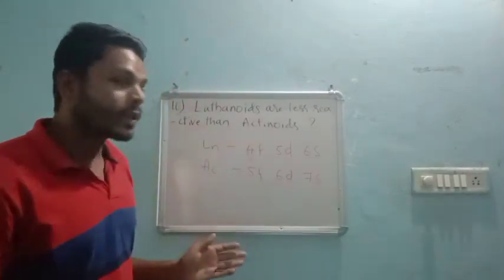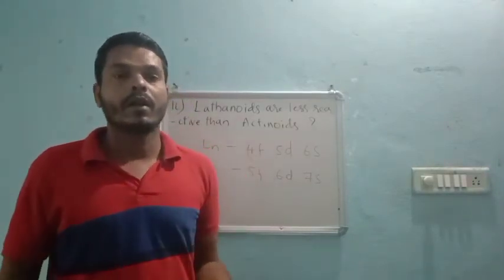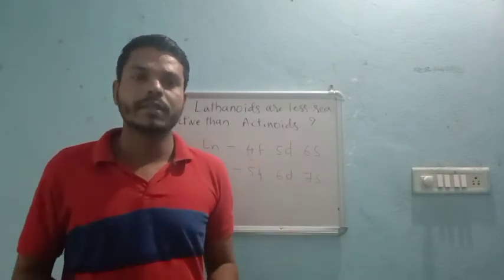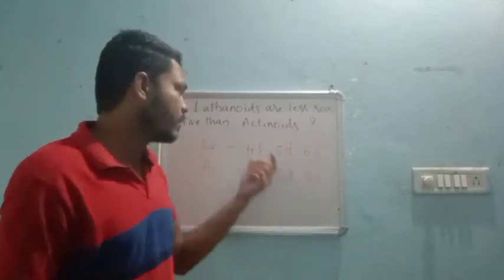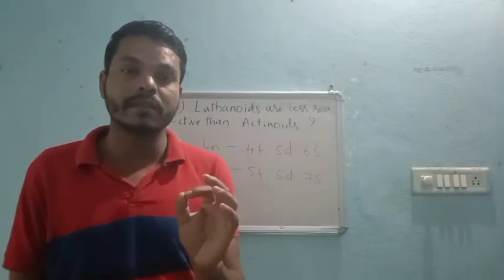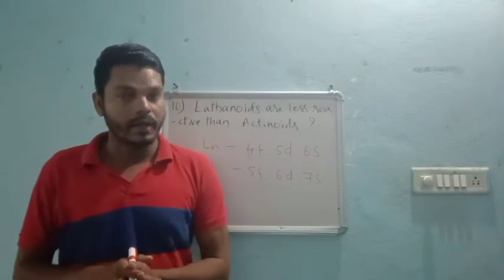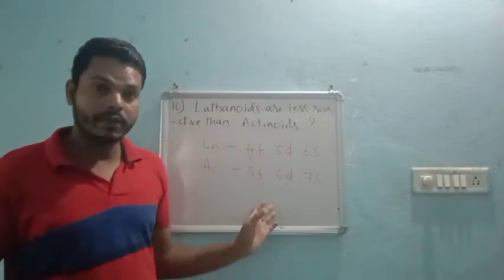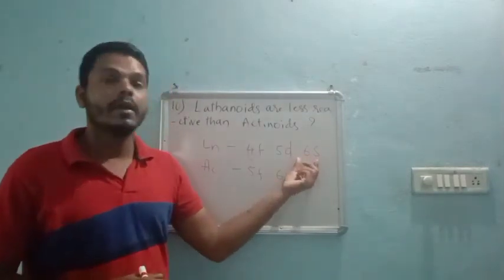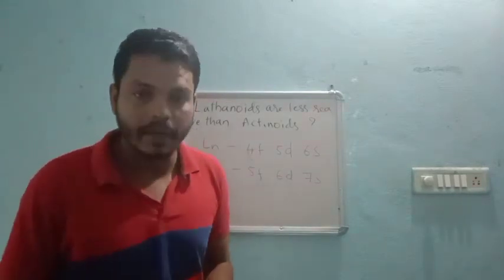Why? Because as the size increases, they very easily undergo ionization. Ionization means removal of electron. Once the removal of electron is easy in any element, then definitely the charge comes. Whenever the charge comes, definitely they very fast undergo the reaction, right? So you remember this point. Because actinoids are having large size as compared to the lanthanoids. Because of its size only, it can undergo the reaction very easily, right?